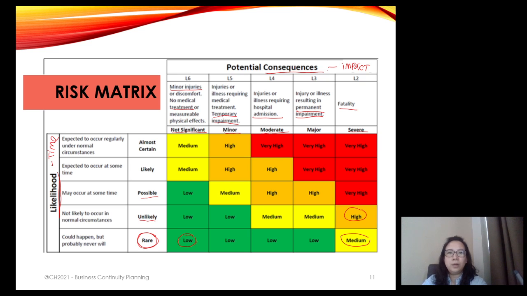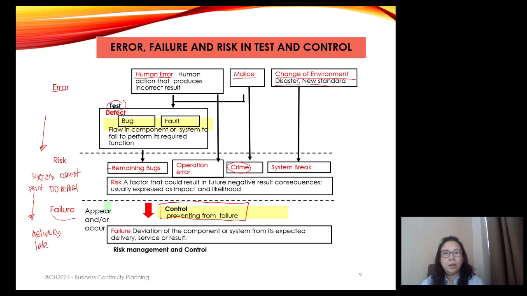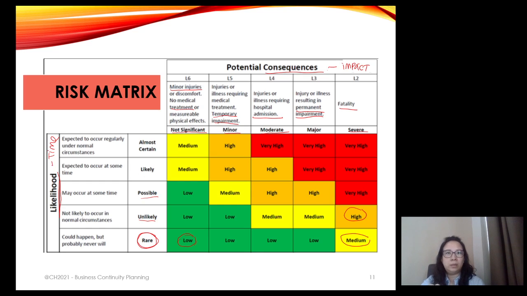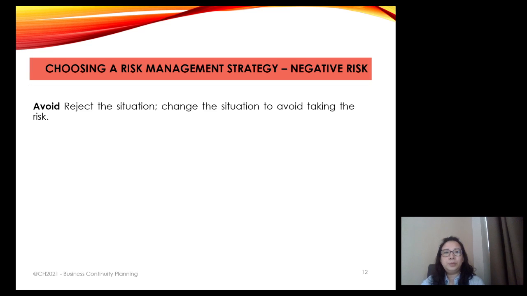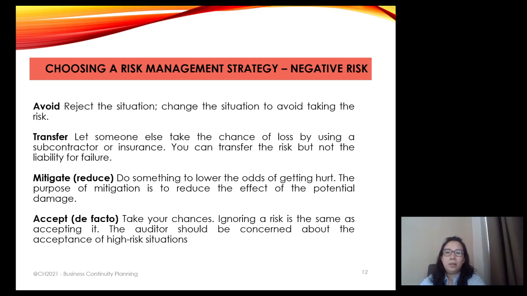Okay, so later on, after you define what is the risk type that might be happen, and then define in the risk matrix here. So you will define whether the risk is going to be low, medium, high, or very high. Okay, and then so when we want to do the risk management strategy, this is talking about the negative risk first. Okay, so there are four things that might be happen. There are four strategies that can be done. The first one is avoid. Okay, we're trying to reject the situation. If possible, we don't want to get